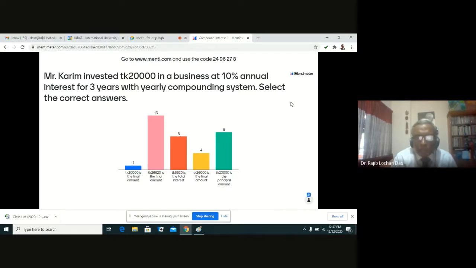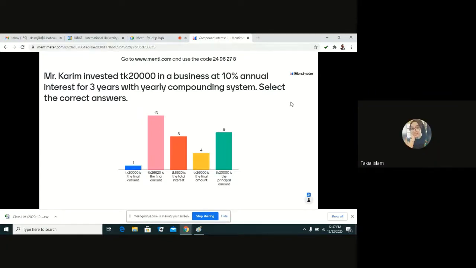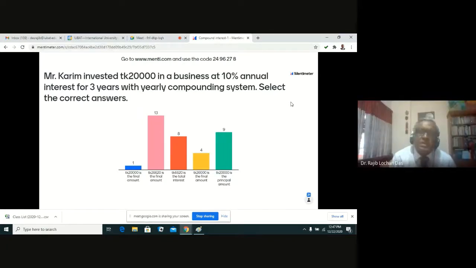Okay, now let me give you the correct answer. Here actually 3 correct answers will be there. The pink color, the red color, and the green. No, not green, sorry sir, it will be paste color. Okay, green or paste color, that is the correct answer. So pink color is the correct answer.